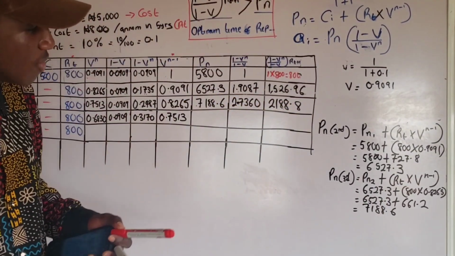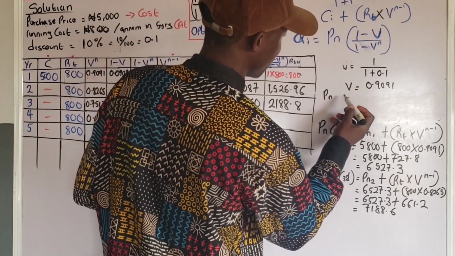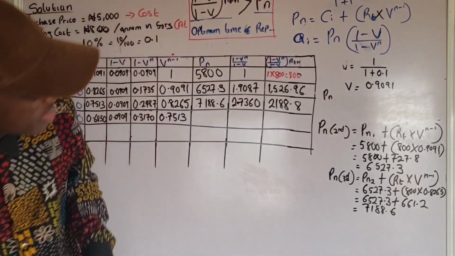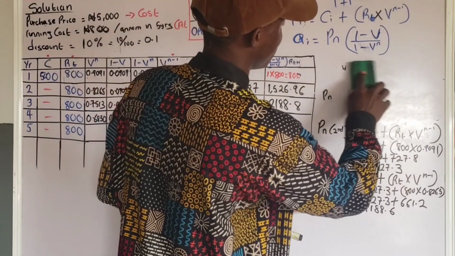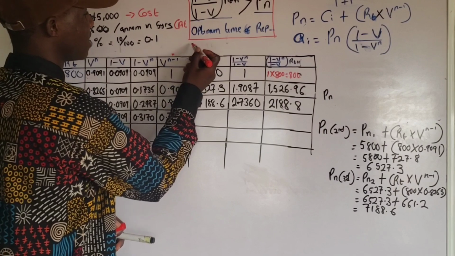Now the Pn of the fourth year. Let me erase this as well. You know that v is equal to, let me just write it here, v is equal to